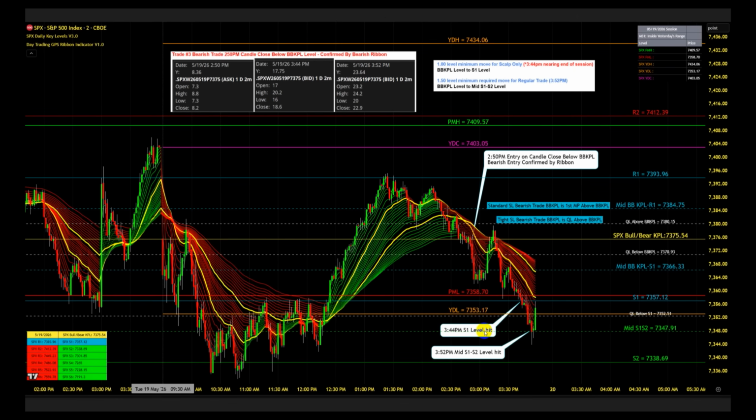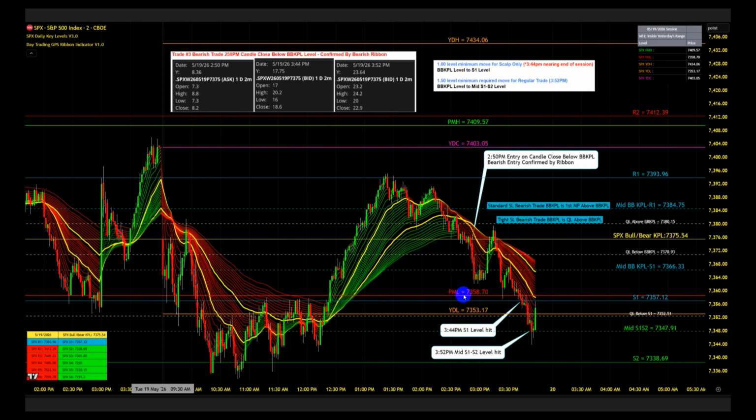In this case, the S1 level was hit for a regular scalp trade, a one level move in your favor on the 3:44 p.m. candle here. As you can see, this took basically about 54 minutes to develop from 2:50 p.m. down to 3:44 p.m. So again, now time is running out in the session. You did have an opportunity here, if you wanted to do a microscalp, to get out at the PML level,